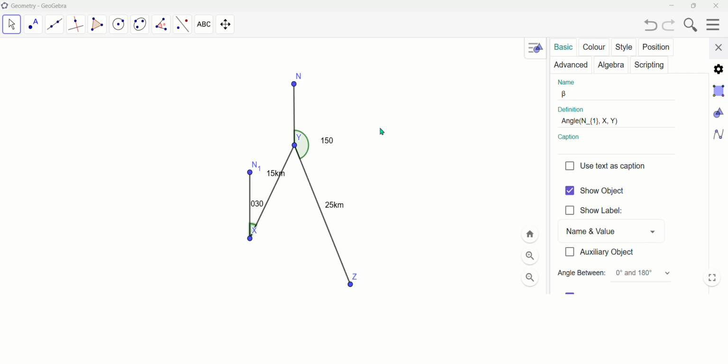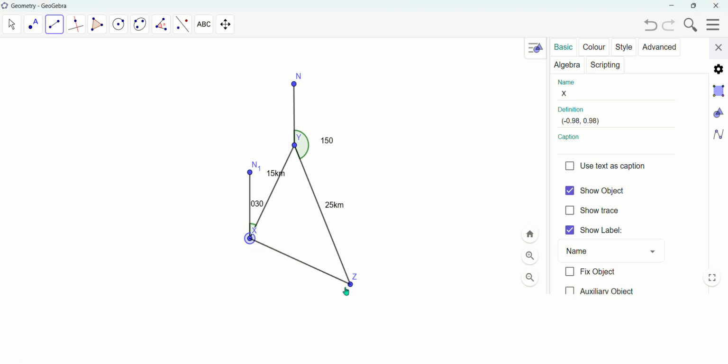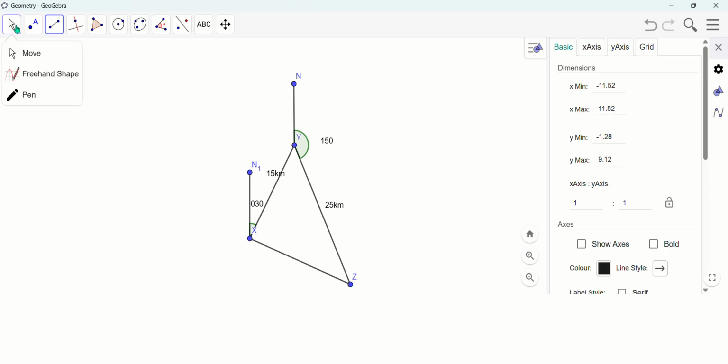Next question is calculate the distance xz to the nearest kilometer. So we need this distance xz. Let's draw it in so that we can have a clearer picture. Xz. And then how are we going to find this xz? So we can use the cos rule or the cosine rule. So for that, you need this side here, this side here, and an included angle over here.